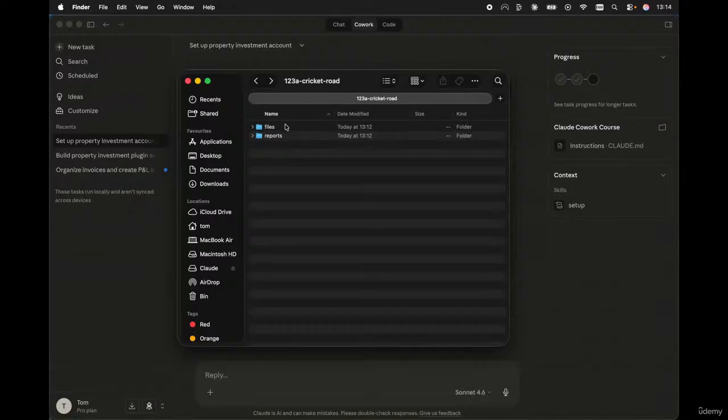Then we're going to generate a standard report in the form of an Excel spreadsheet with specific column headings, and we're going to generate a pie chart of the expenses breakdown for that particular property for that financial year. And more importantly as well, we're going to look at how we can influence the output of Claude Cowork by